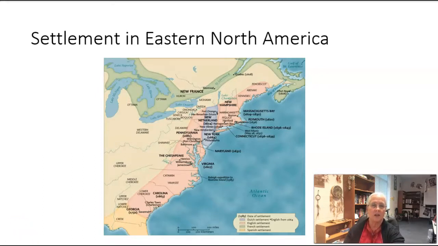Now, at the same time as all this is going on in North America, you have got the Glorious Revolution going on over in Great Britain. Now, the Glorious Revolution is when they run out James II and they establish William and Mary of Orange as the new monarch. And this is going to cause changes over here in the New World as well. You're going to start having colonial assemblies establishing more authority over the royal governors.